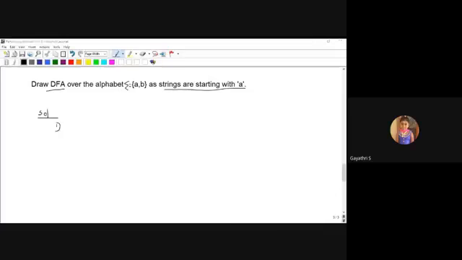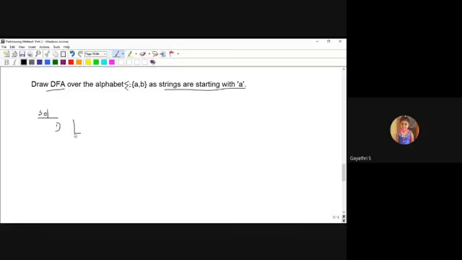Anyone? What is the first step? I'm going to write the language.